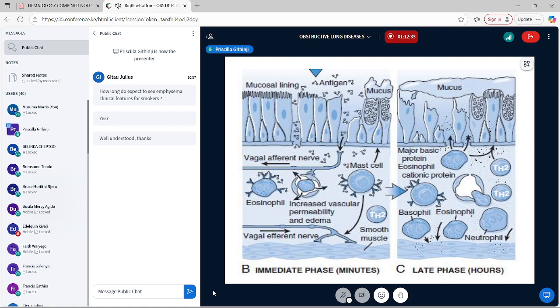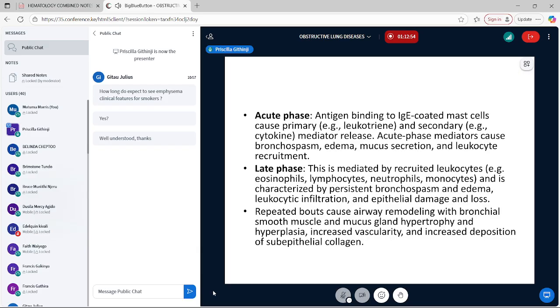And then also we have the late phase because of the signal transductions that lead now to triggering of production of your leukotrienes and your prostaglandins that will now affect the late phase reaction. So please go and read again on your type 1 hypersensitivity reaction. So for your acute phase, that antigen binding to IgE-coated mast cells cause primarily production of your acute phase mediators,